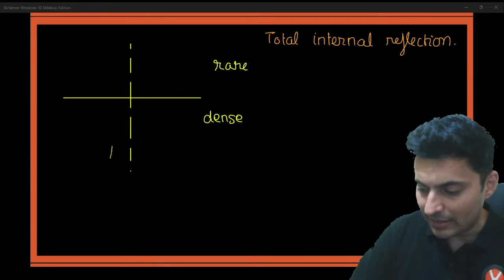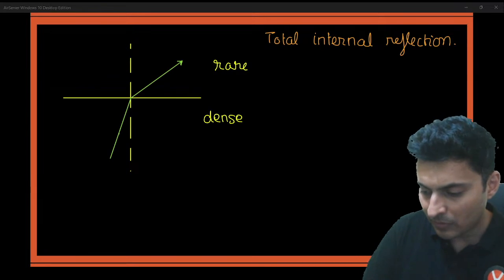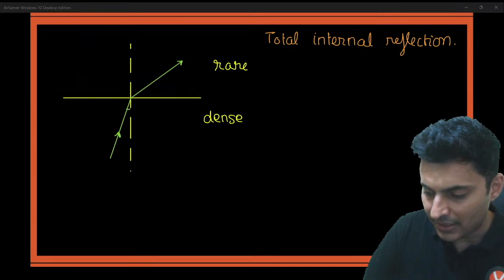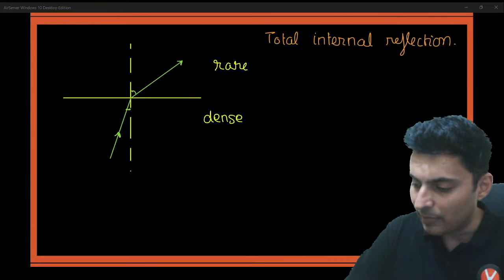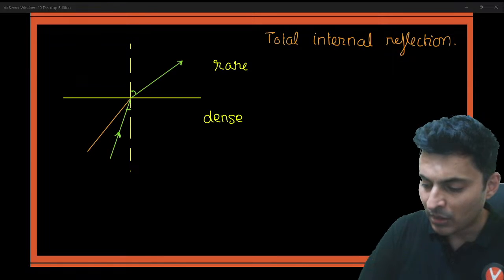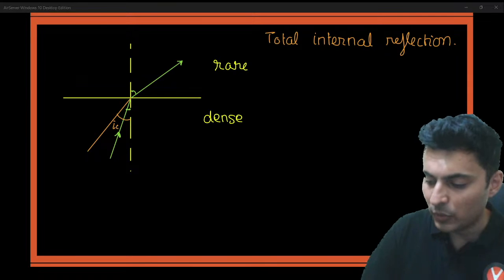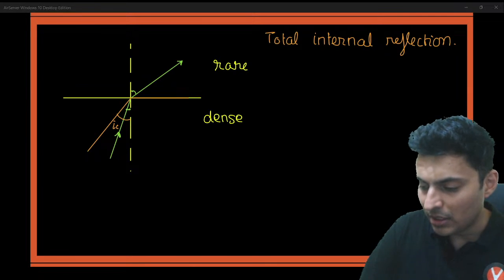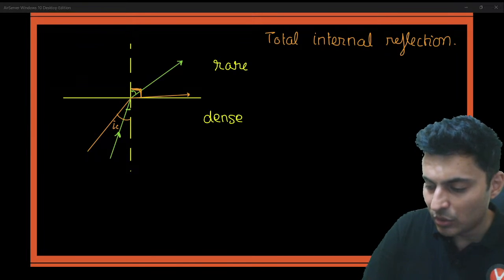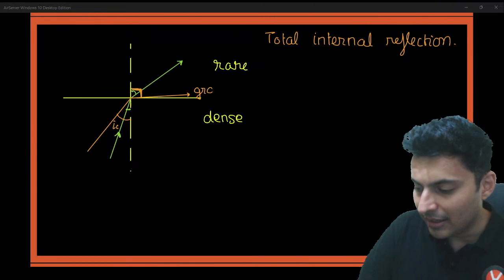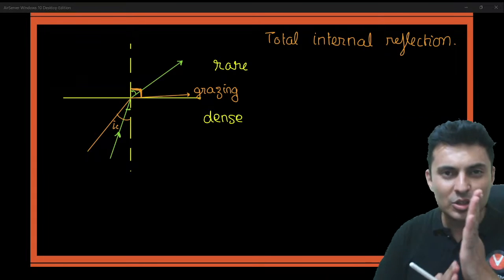If there is a small angle of incidence, the light will definitely come out on the other side. It will get refracted. But that happens only up to a certain extent, where the angle of incidence reaches a critical value, and then the light which comes out is almost at 90 degrees to the normal. This is called grazing; the light is grazing the surface. Graze means it's almost touching.